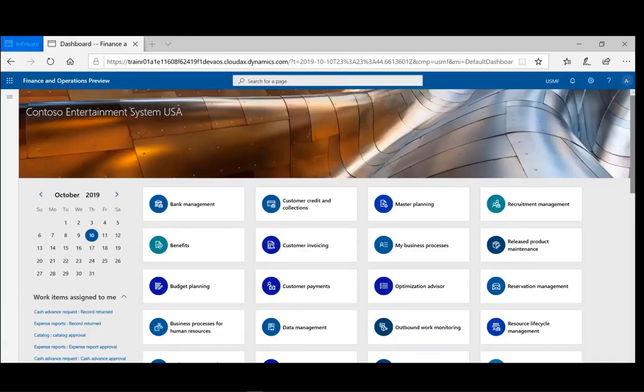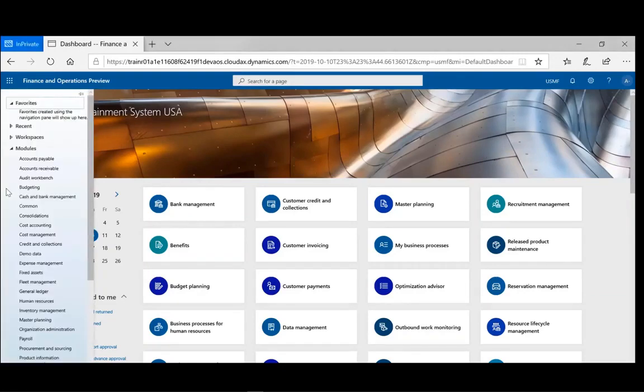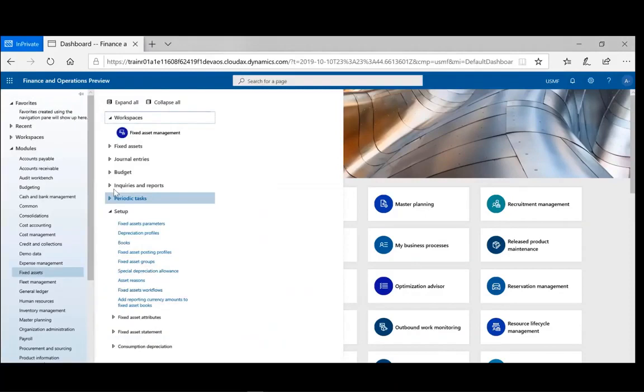To create a record template, first we need to create a record and make the record a template. For example, if we go to the Fixed Assets module and expand Fixed Assets,